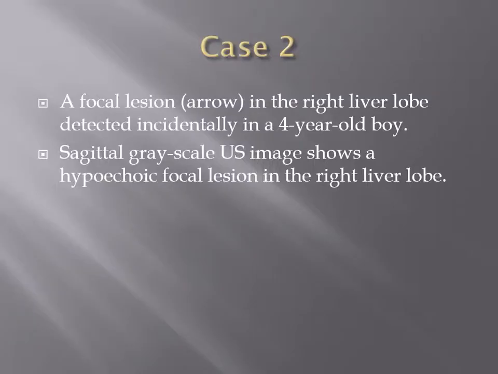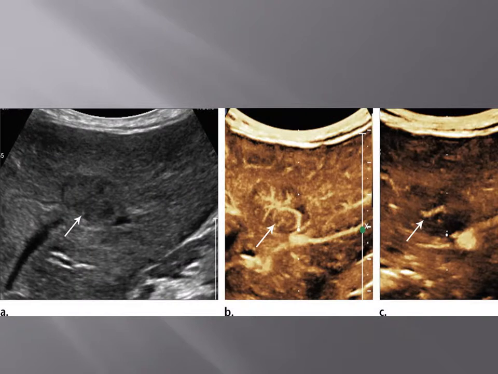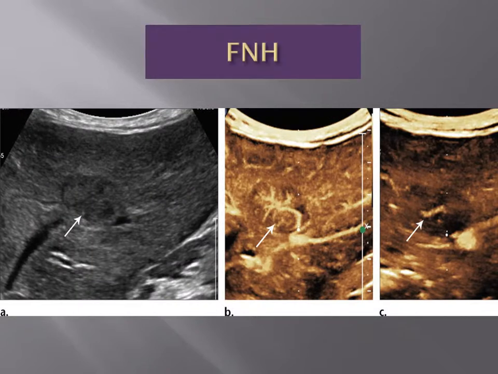A second case was a 4-year-old boy. He had a focal lesion also detected. This was a hypoechoic focal lesion in the right liver. Also, we are taking